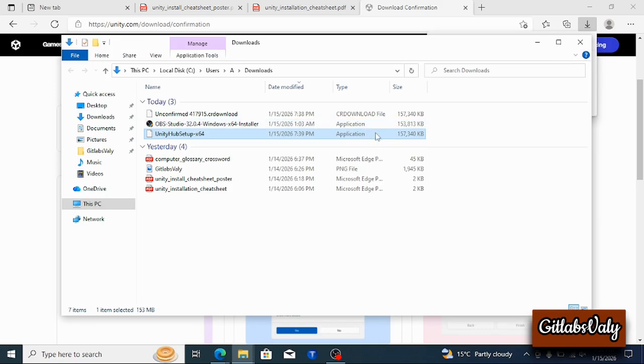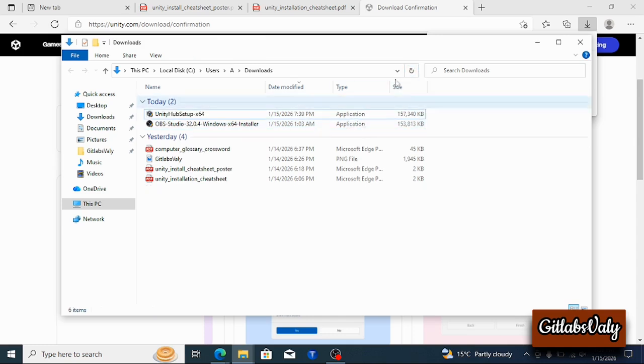So you can see the application is there under downloads folder. So from there, you can right click and run as administrator to begin the installation process. And that will take some few minutes, but still consider to have a strong network because